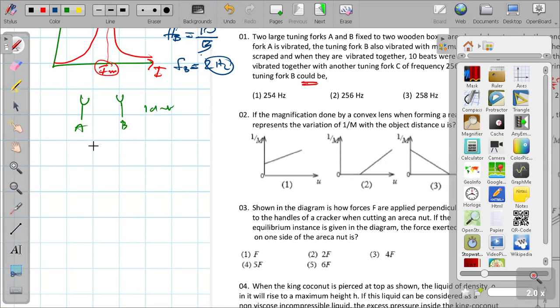Now this is identical. Now tell me, when you square,